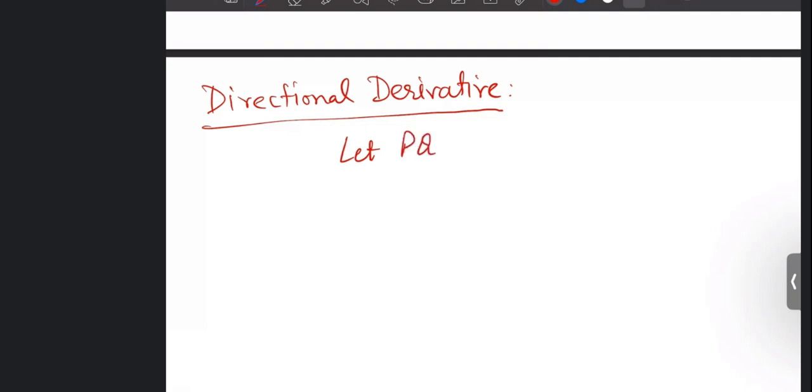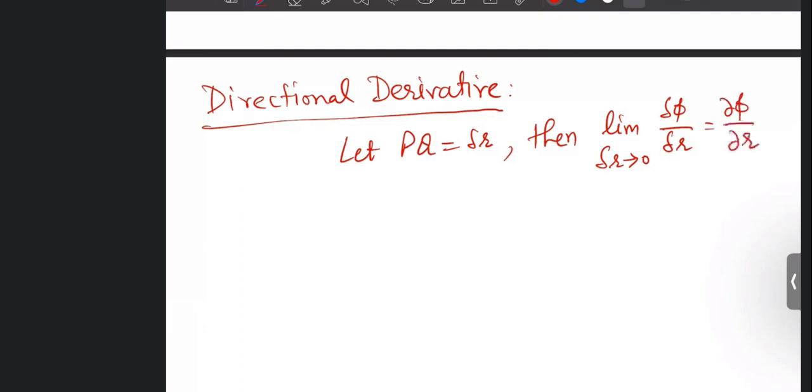Let PQ be equal to δr. Then limit δr tends to 0, δφ divided by δr, which is equal to dφ divided by dr, is called